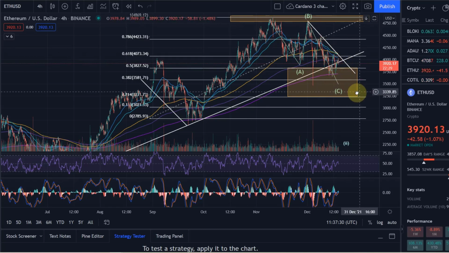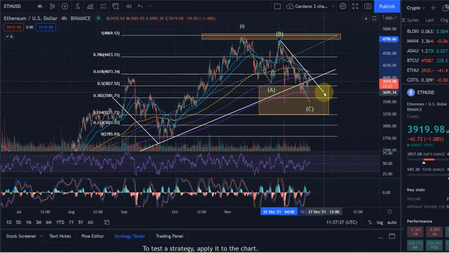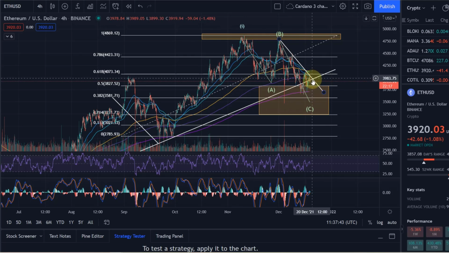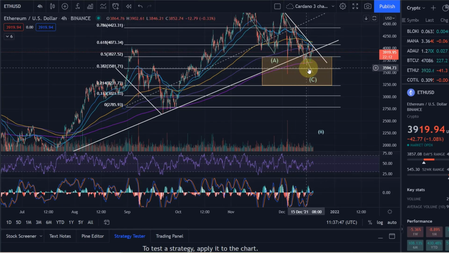Nevertheless, what we haven't managed to do yet is to break out of this downtrend. You can see this descending trend line here. I probably can readjust it a little bit, but we're moving into this apex here. And if that ascending trend line doesn't hold, this will just push us down further. But we are pretty much in the upper section of that yellow target area. That is around 3,200 as support and